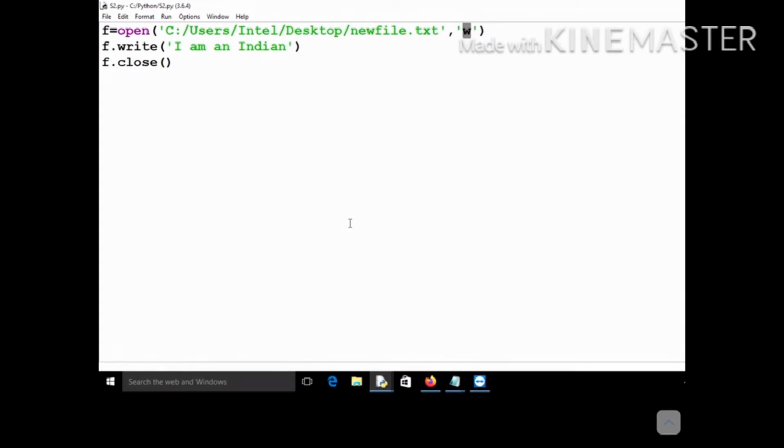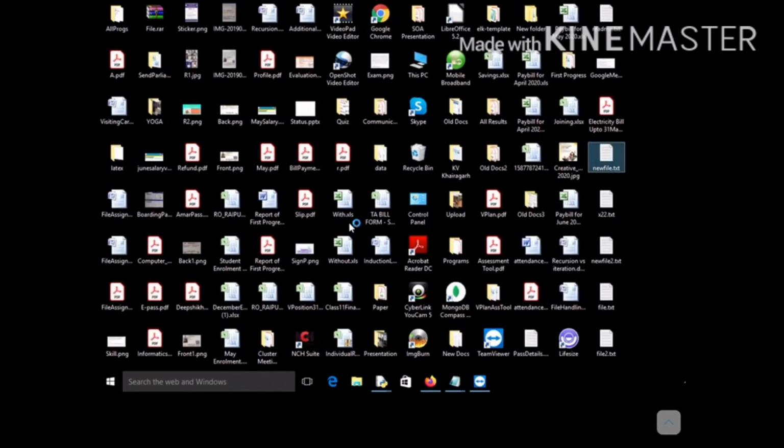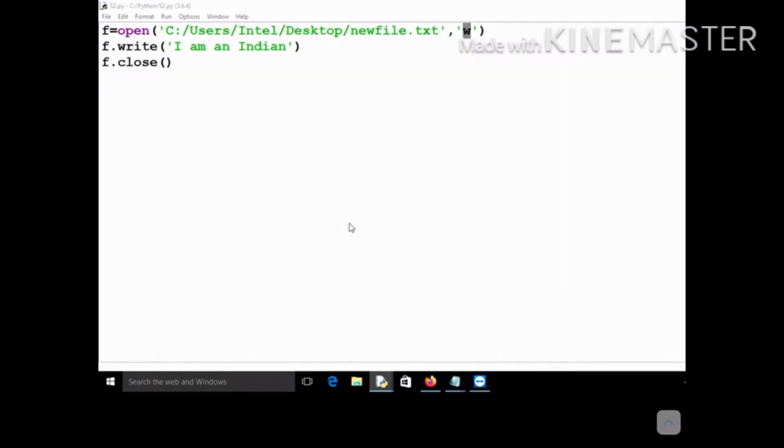For example, your file is right now containing "I am an Indian." Now I will again open this file in write mode and write a different line like "India is my country." As soon as you do this, "I am an Indian" will be erased and this new content will be written onto your file.